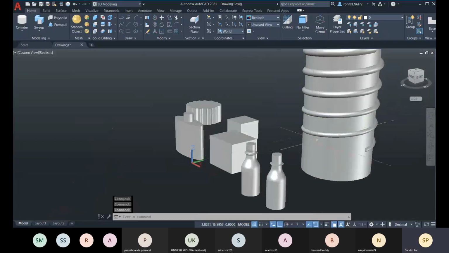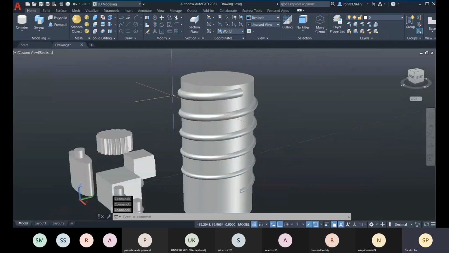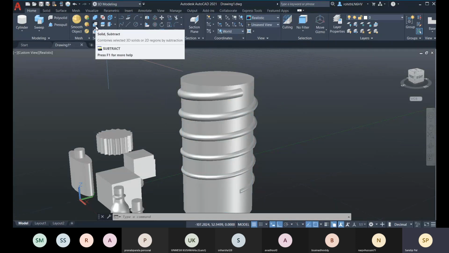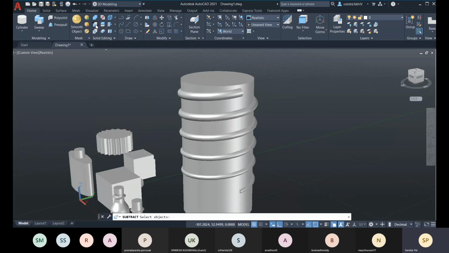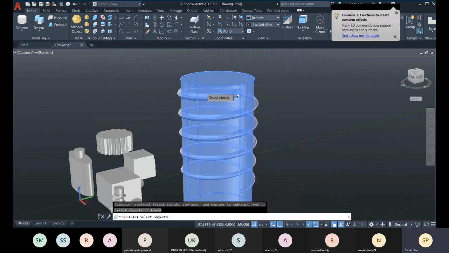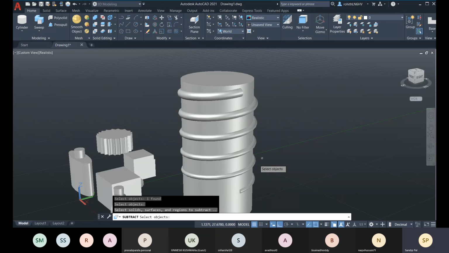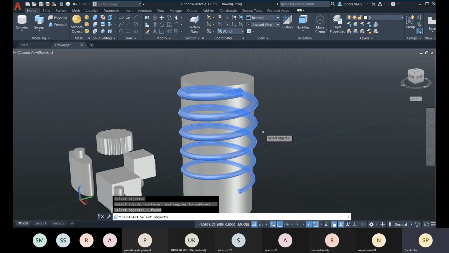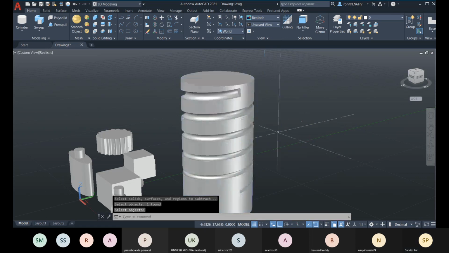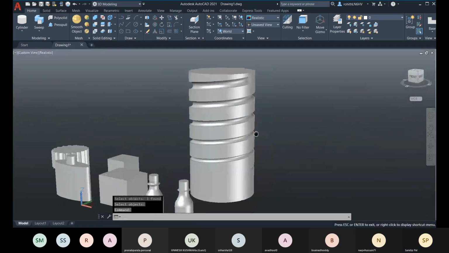Okay, so what I'll do, I will subtract this element from this element. So for that, I have this solid subtract. Okay, so this is the main element. This will be there, so it will be the main element, so that I'll be selecting it first, press enter, and then it will be subtracted. So I will be selecting it at the last and then press enter. And here you can see,